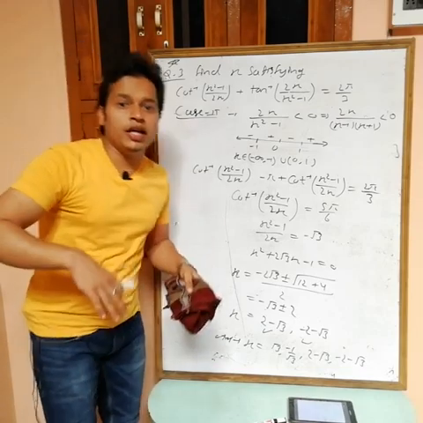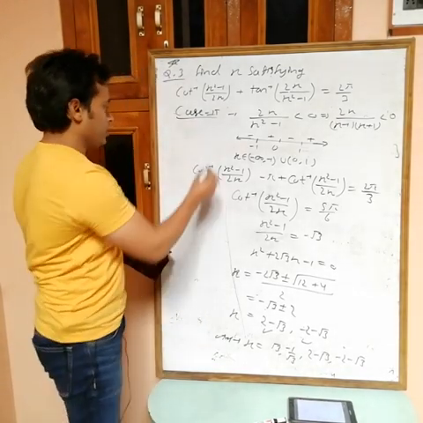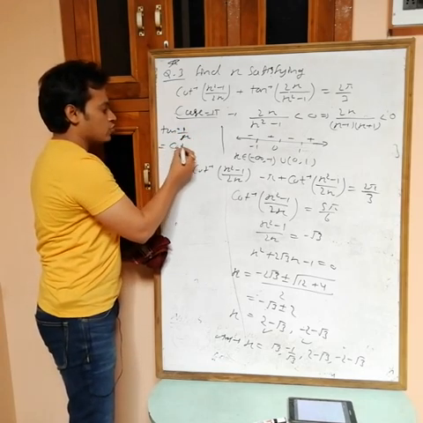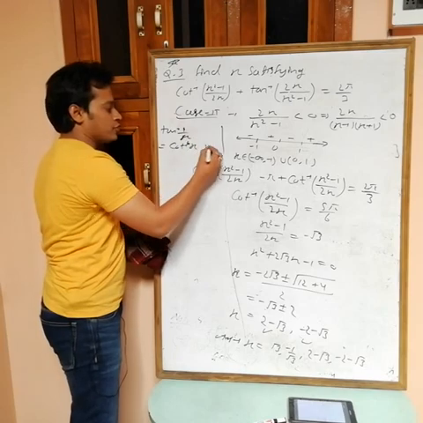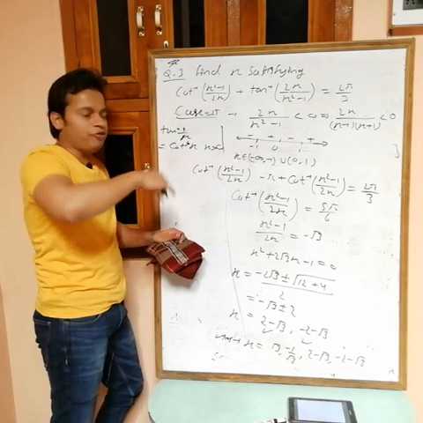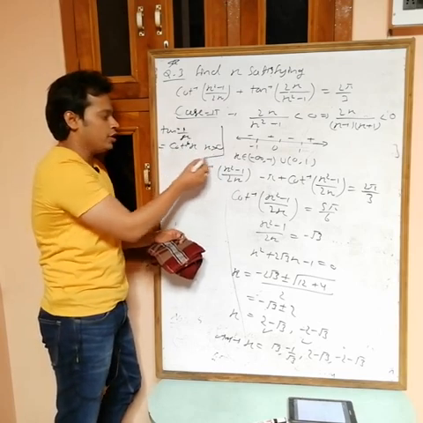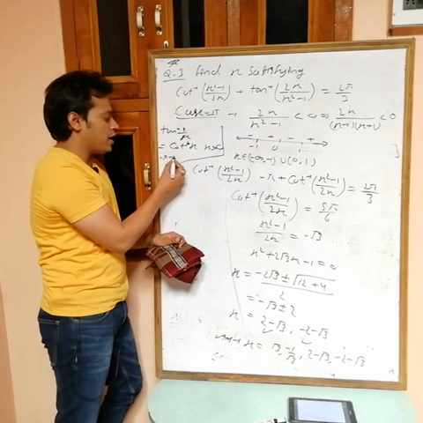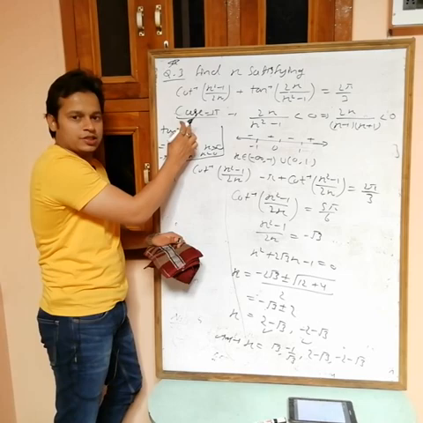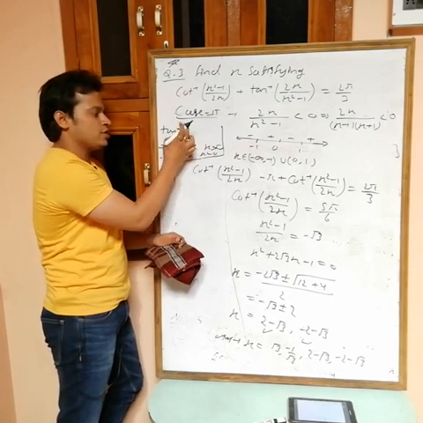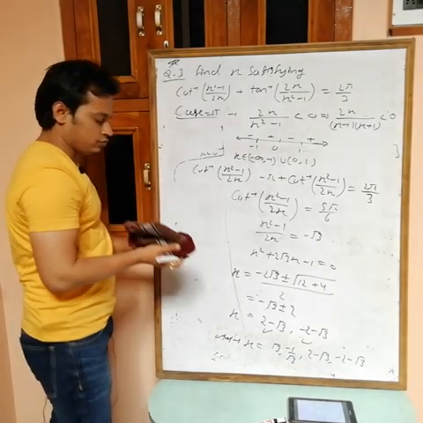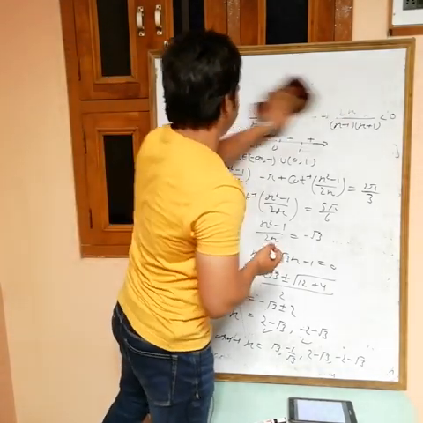So remember tan inverse 1 by x, we have 2 formulas. Tan inverse 1 by x equals cot inverse x if x is positive, x is greater than 0. Now it doesn't matter whether you write x positive or 1 by x positive, because if 1 by x is positive then x is also positive. So no problem. And this equals minus pi plus cot inverse x when x is less than 0. It means this one is less than 0. Obviously now if x is less than 0 then 1 by x is also less than 0. Okay, done now.